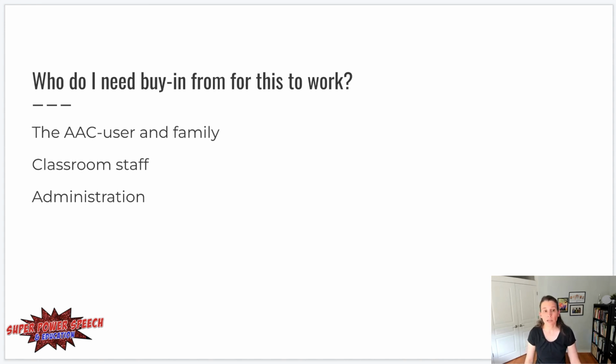You also need to get buy-in from the classroom staff. If the teacher or any instructional aides are not bought into this, then it's really going to flop. You're going to give a presentation, and then that's going to be the end. And then finally, it's really helpful if your administrators buy in as well. If you have administrator buy-in, then they can help support you in making this part of the teacher's habit. So if later you wonder, is Johnny really getting to use his device multiple times during the day as part of the classroom routine, then you have backup from your administrator as well.